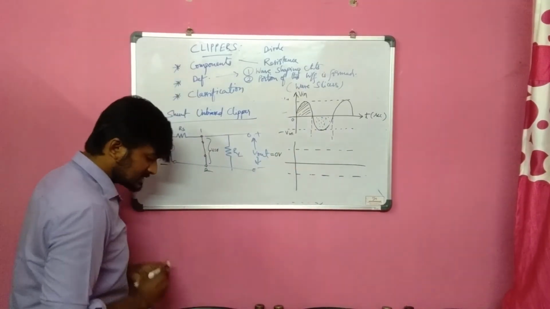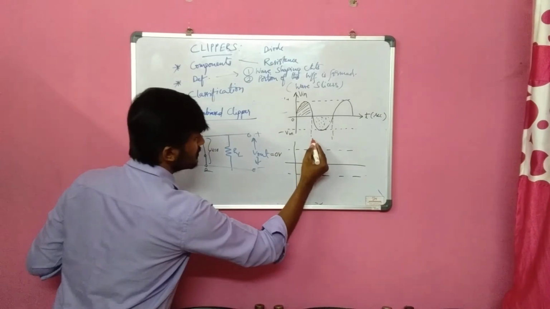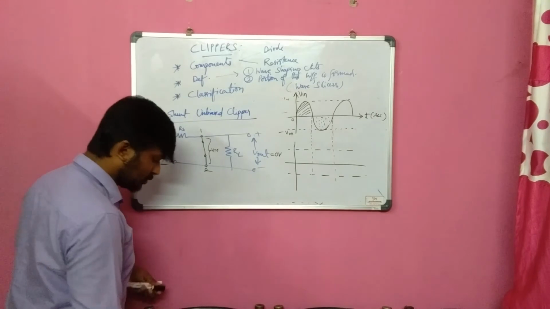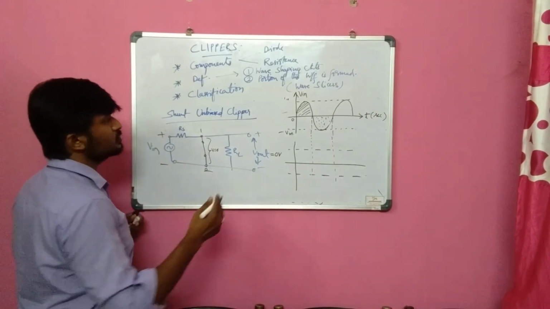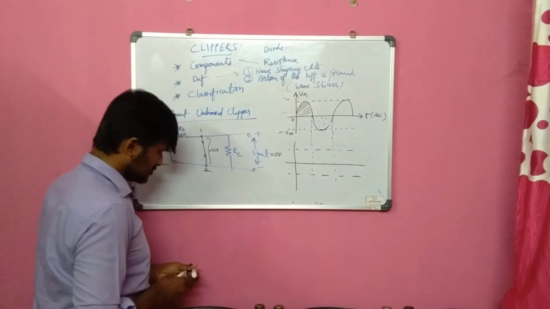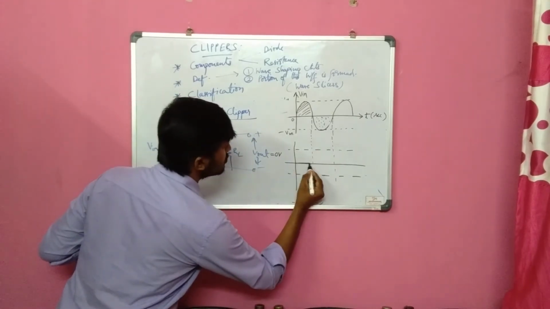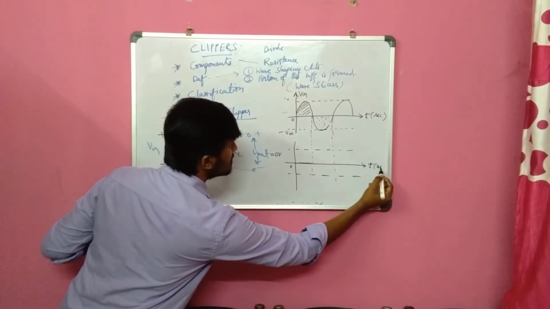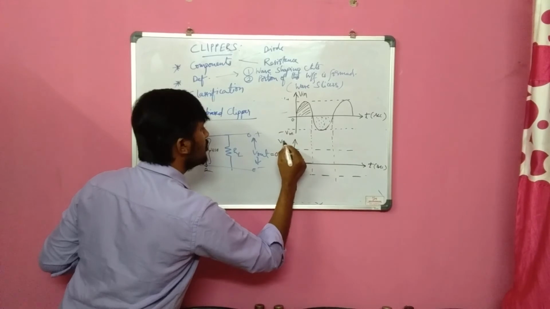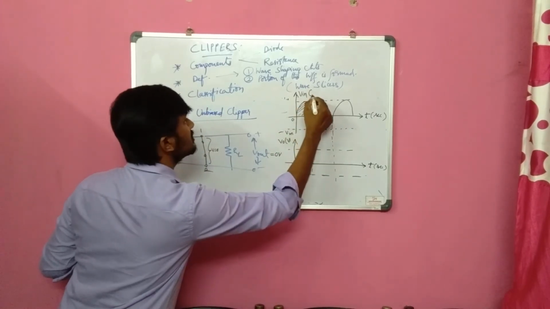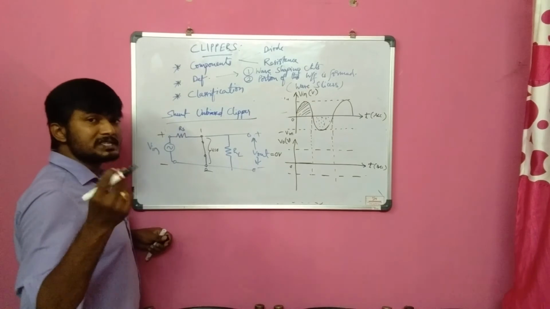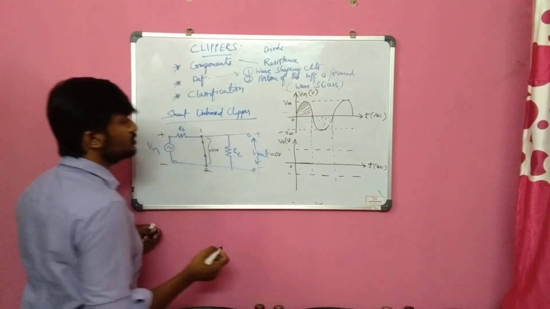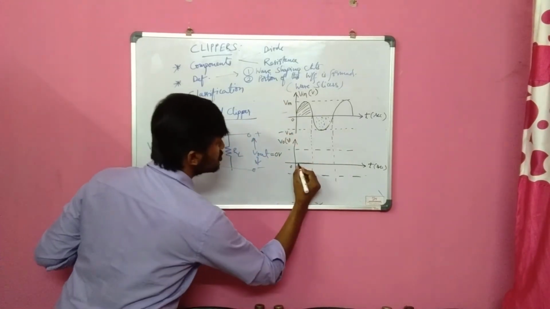Let me extend the projections once again. I am indicating the projections with the red sketch. What is the need of projection? Just to maintain the same scale. So for the positive half cycle, no output, which means simply 0. It is the 0 line. Time is always on the x-axis, so time in seconds, and this is VO in volts. Always write the SI units in brackets. This is VM, the maximum position. So for the positive half cycle you are not getting the output, so 0.